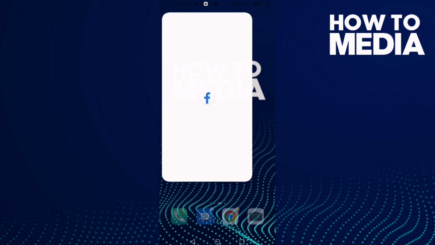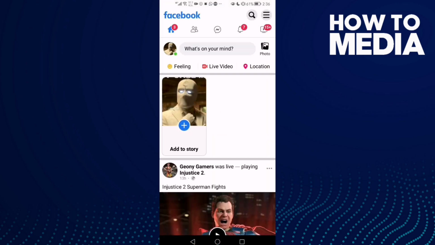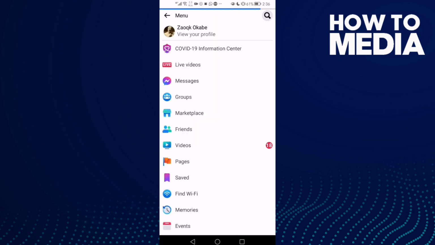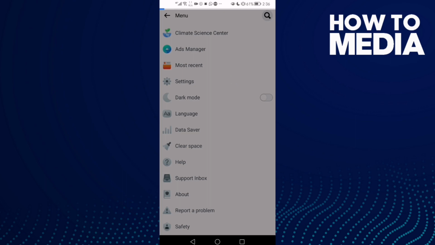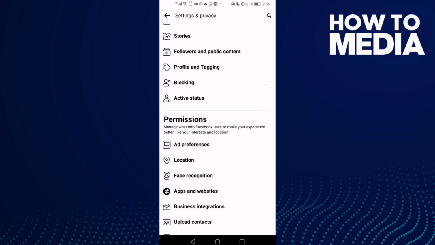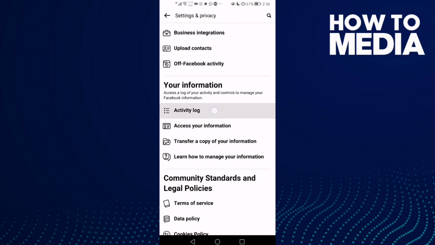First thing, go to Facebook Lite. Here you will find these three lines in the top corner. Click on it and then go down until you find settings and go down again. Here you will find activity log